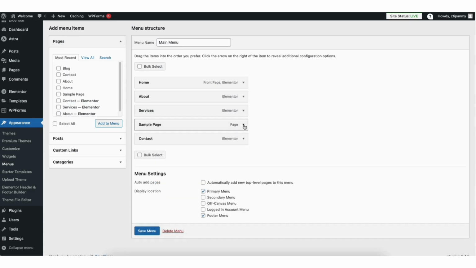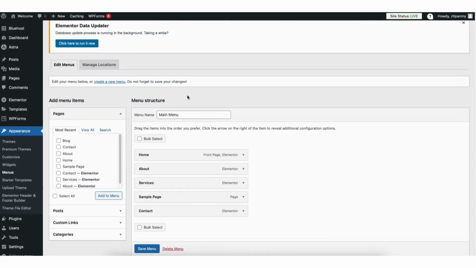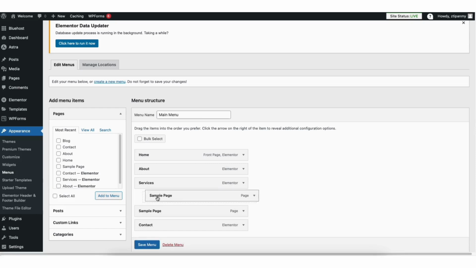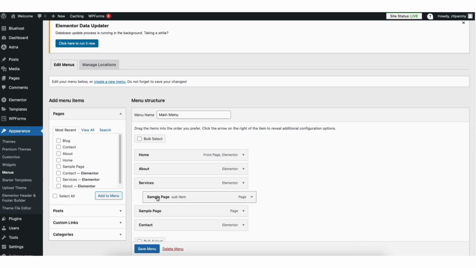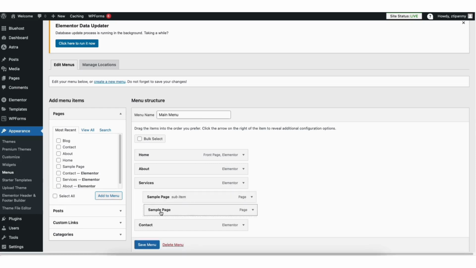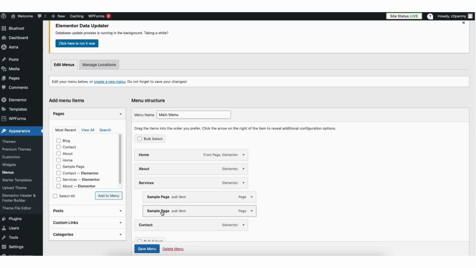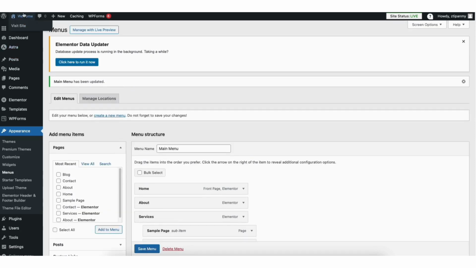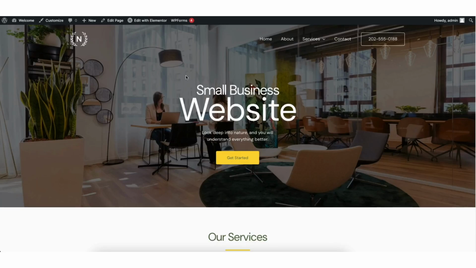If you want to create a completely new menu, you can click Create a New Menu. If you want to have submenu items show in that menu, just add the items to the menu and place it a bit to the right under the menu name you want it to show under. I'll add a few under Services. I'll click Save Menu. And now pull up the view of my site and you'll now see the submenu items showing in the menu